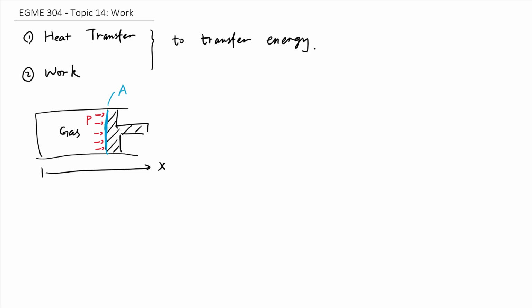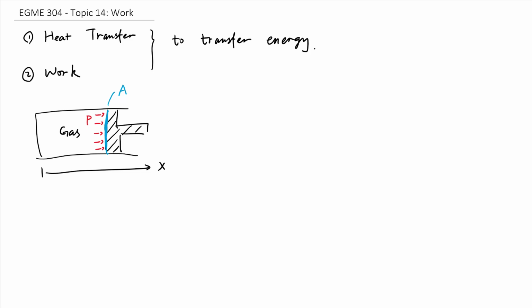We know there are two ways to transfer energy. The first one being heat transfer, where energy is transferred by heat from an object of high temperature to a different object of low temperature. A second way to transfer energy is by doing work. We know work is movement over a distance. For example, if you are pushing an object over a distance, then you are transferring energy from you to the